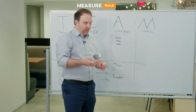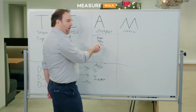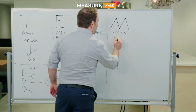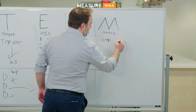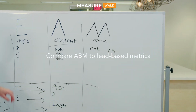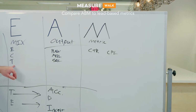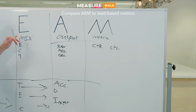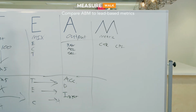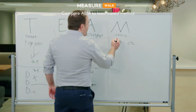Traditionally, from a marketing perspective, you might be tracking some of these volume-based metrics as well, but you're also going to be looking at things like click-through rate and CPL, and those are the kinds of metrics you typically were trying to compare your Terminus ABM against, right? You're trying to say, what's my click-through rate compared to any other tactic, or what's my cost per lead compared to any other tactic? I'm not saying you shouldn't do that because it's important to understand that, but what I found